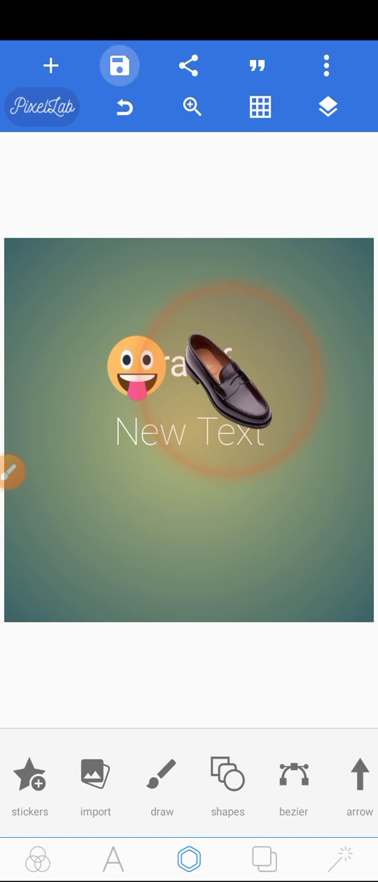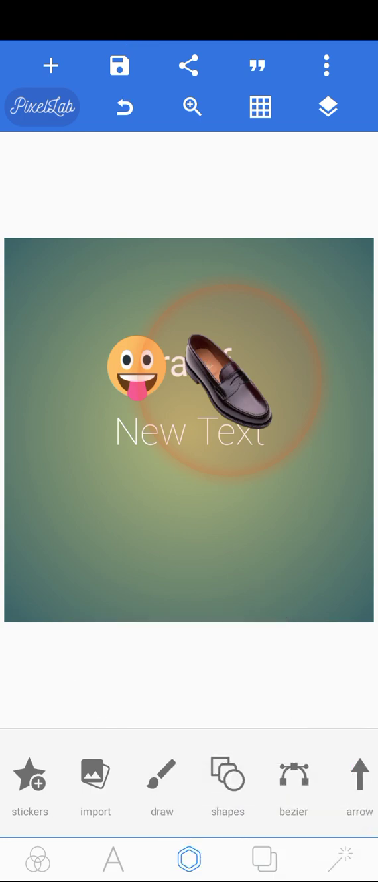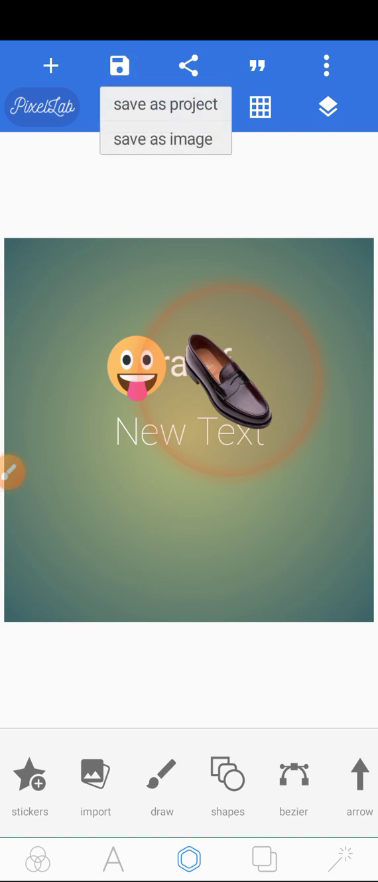Okay, so here at the top, this icon here is used to save as project or save as image. So when you click on save as project, you want to save your work inside Pixellab, not in your gallery. I repeat, when you click on save as project, you want to save your work inside Pixellab. Okay, so it's advisable that after doing any work, you save as project and then save as image too,